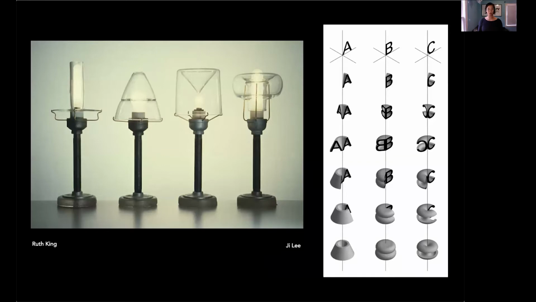This work is largely derivative of Ruth King and G. Lee. I'm sure most of you are familiar with these, or certainly with Univers Revolve. On the left-hand side is a glass artist named Ruth King, who also rendered typography in glass. But what I hope I'm adding to this conversation is what happens with the application of that. King's work I see very much in a Kossuthian tradition. And G. Lee is very much from the early days of computer rendering and that possibility of suggesting what it would be to rotate a form to make it